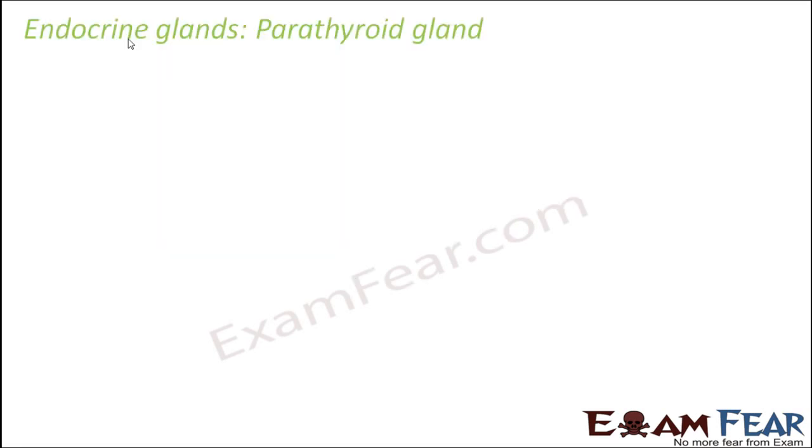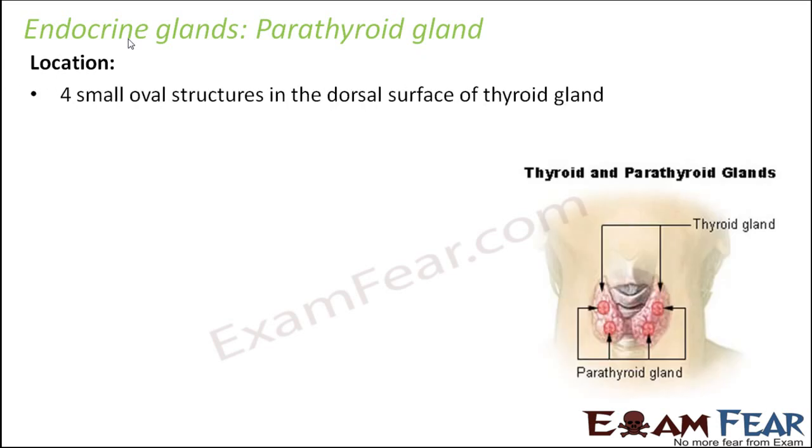Now let us look at the next gland, that is the parathyroid gland. So where is the parathyroid? The name itself is somewhat related to thyroid, so it is located quite close to the thyroid gland. These are four small oval structures on the dorsal surface of the thyroid gland. If you see, these are the thyroid glands. Thyroid gland has two lobes. So these are the two lobes of the